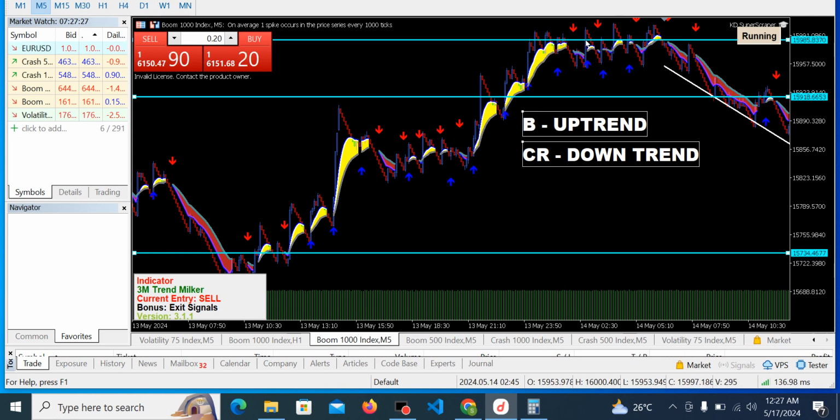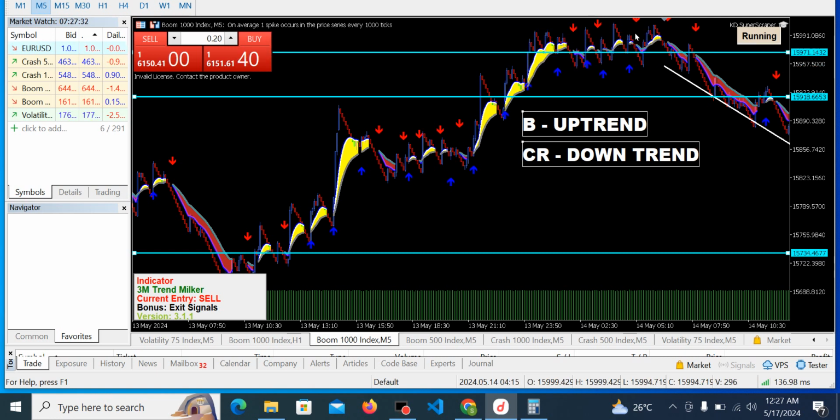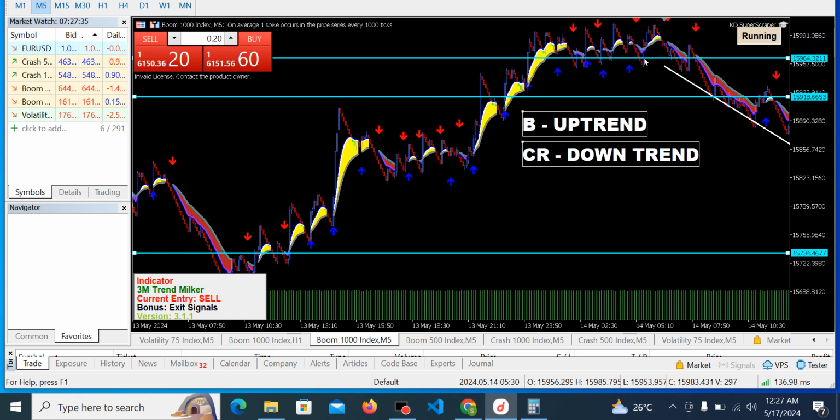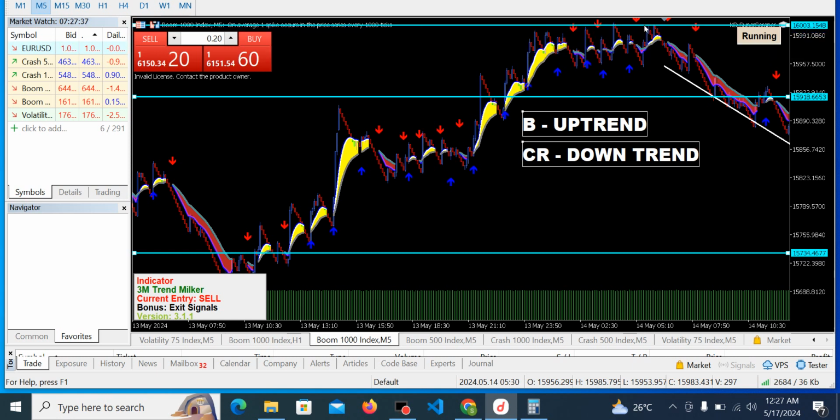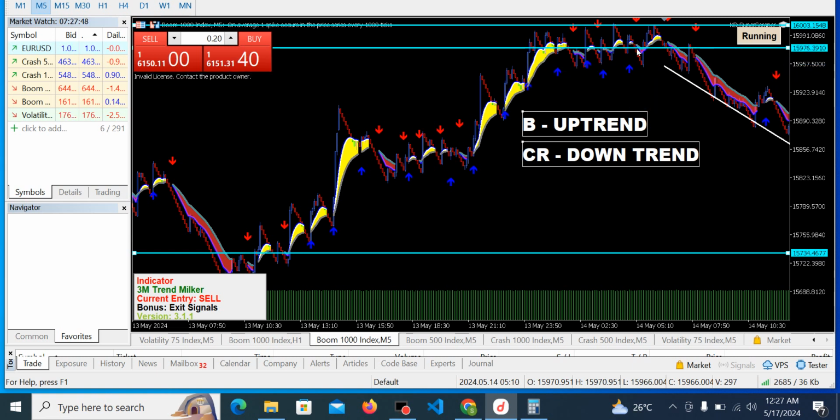At this stage it is already at the resistance zone, so it started ranging around here, which means this market is about to change the direction of the trend. All you need to do is either close your trade at this point, or lock up about 80% of your profit, which is going to be something like this. And of course it came down and got to your stop loss, so it's going to take you out of the market with the profit. So this is how sweet it is for you to milk the market trading spikes.